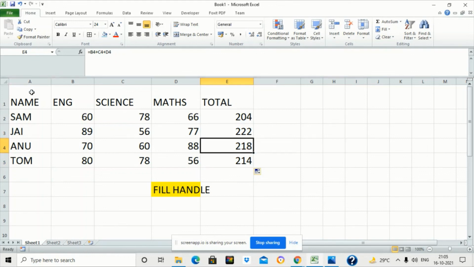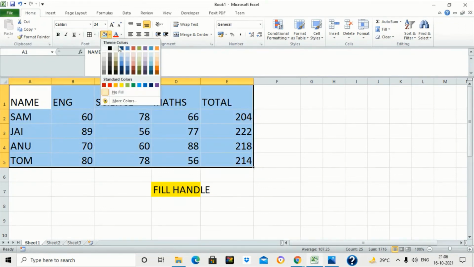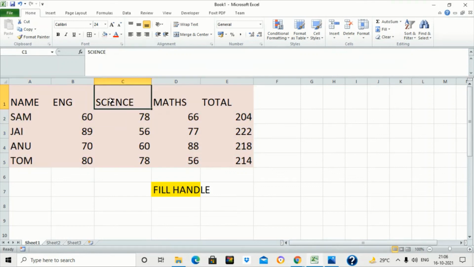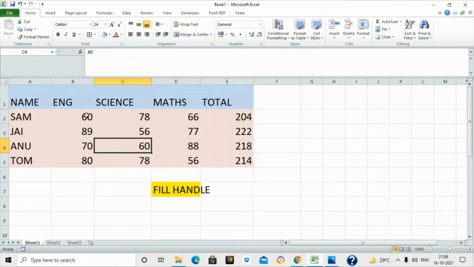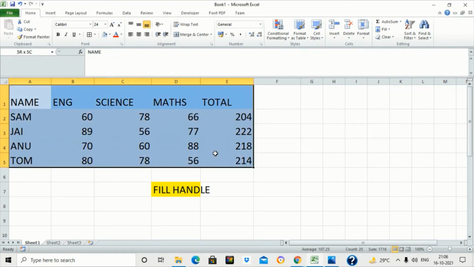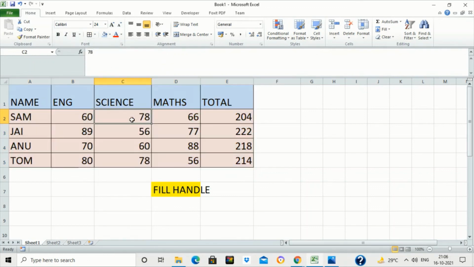You can also change the color of the cells by selecting these cells and clicking on this fill color option from here and selecting any color from here. And suppose if you want to change the color of the heading, you want to give some other color for the heading, select this heading and select any color which you want to give. Similarly, if you want to specify some border around these cells, select those cells, and this is a tool for border just before the fill color tool. This is a tool for borders, and select the all borders option from here. So these are the options which you can use to apply a formula.